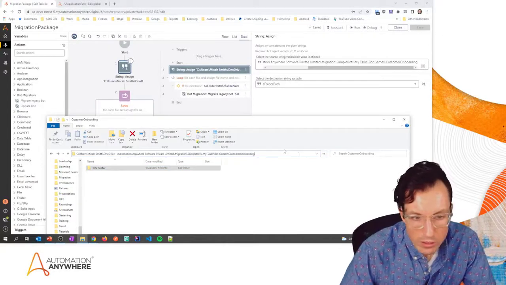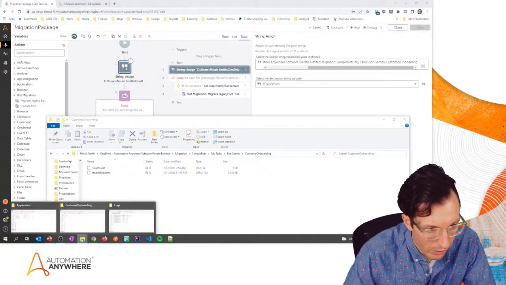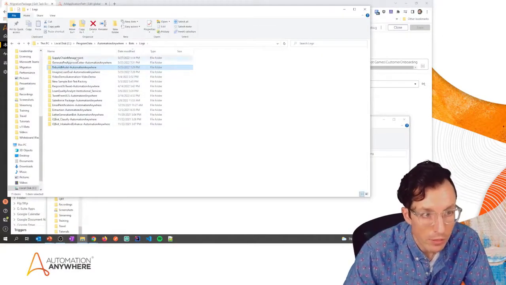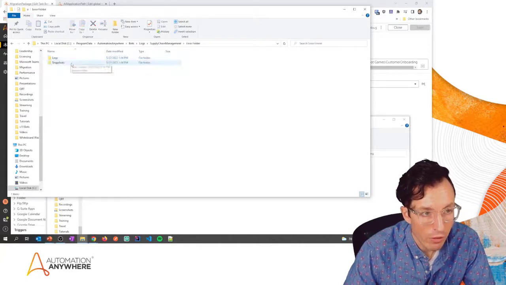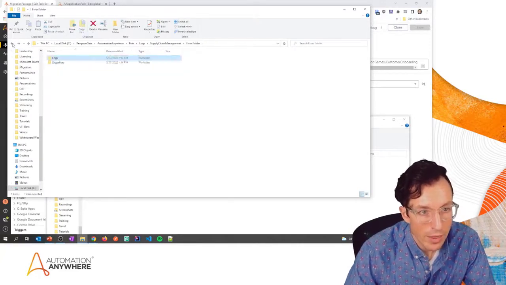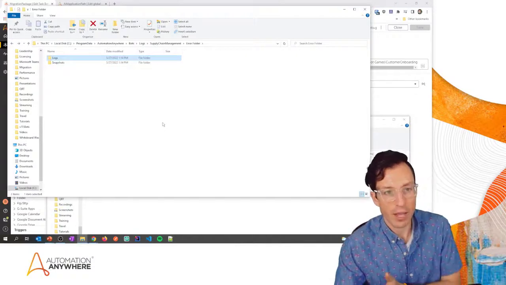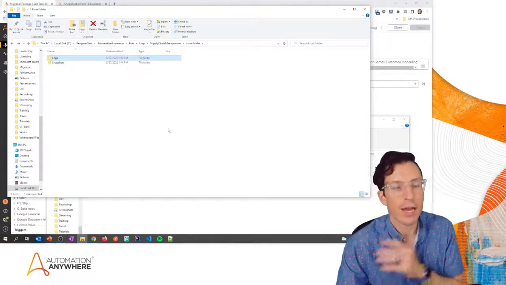Oh wait, we also want to look at that program data directory to make sure that was showing up. Here's my supply chain management folder. There's the error folder. There's the logs. So that worked as well. I was able to make a modification to a version 11 bot to have it log to a much more